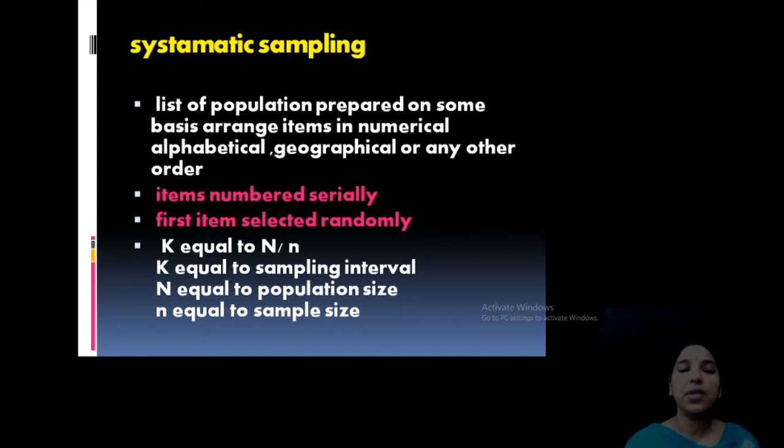For example, if capital N is 100, and the total sample size is 10, then you have to take 10 samples. How will you do it? 100 divided by 10, that is N by small n, the sample size. So, what is the answer? 10. So, count from 1 to 100: 1, 2, 3, 4, 5, 6, 7, 8, 9, 10. Take the 10th one. Then again count, then take the 10th one again. Likewise it goes. Okay. That is systematic sampling.